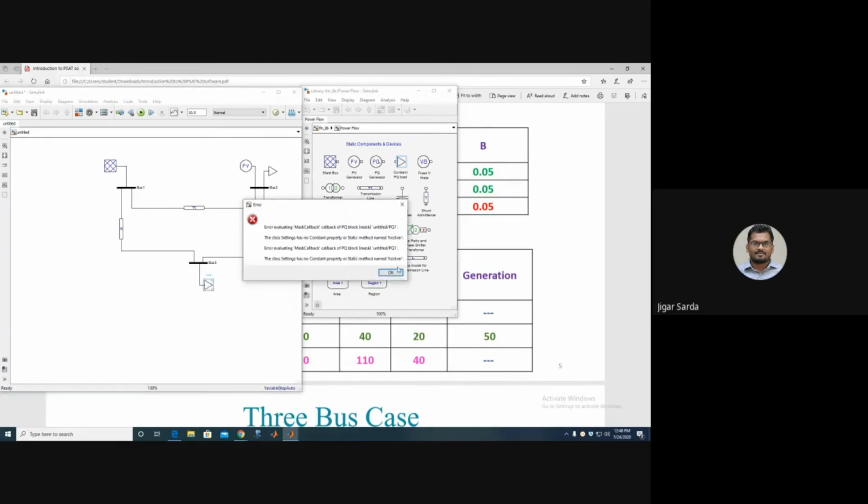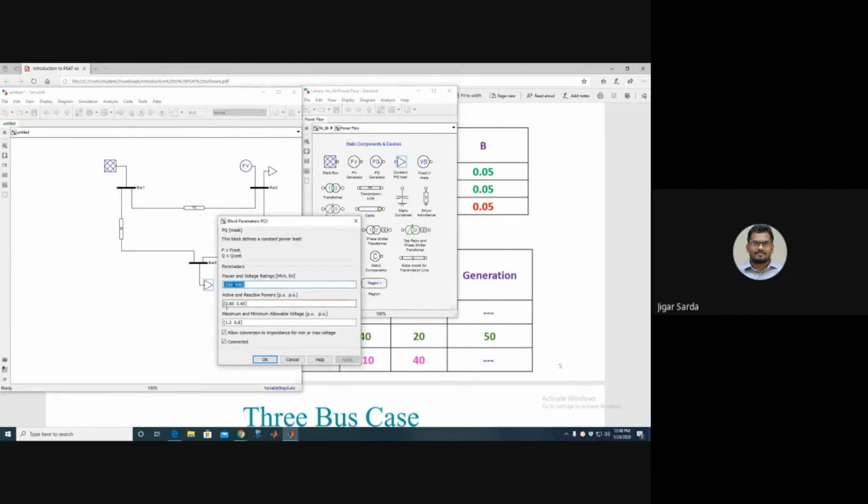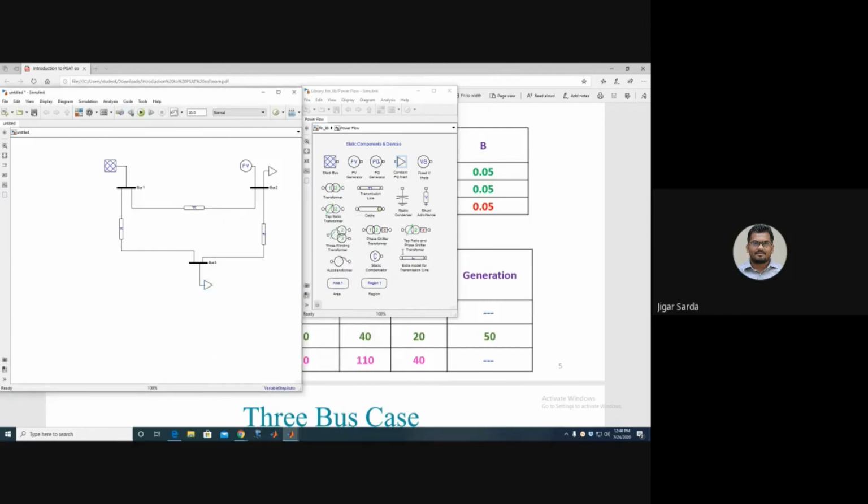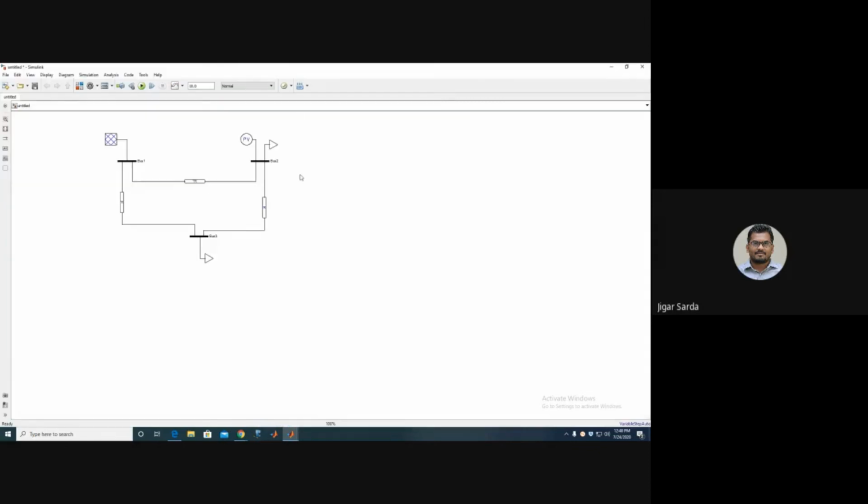The capacity of load is 110, so 110 divided by 100 is 1.10 active power, and 40 divided by 100 is 0.40. Apply. So by this way we can draw the system in PSET software.